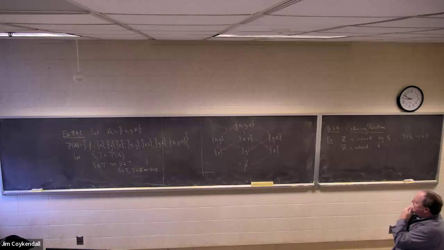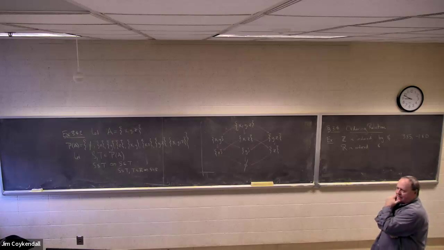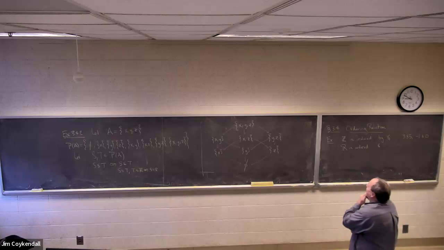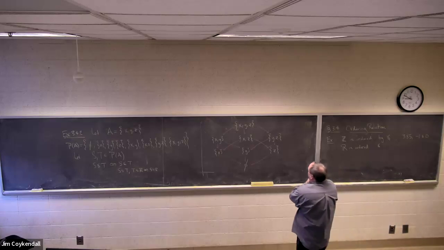So like X, Z and Y, Z, X, Y are all less than X, Y, Z, but they're not greater than or less than each other, nor are they equivalent to each other. Okay, that's probably even more subtle than